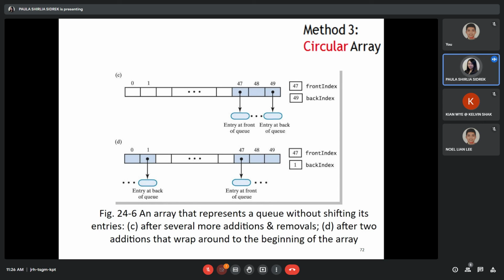Next one is your D. After 2 additions that wrap around to the beginning of the array, okay, pay attention, your front index is still under 47. And then you have removal wrap around, where your front index goes to number 47 still. Your back index, which was previously on 49, moves forward because it is moving around like a circle, goes to